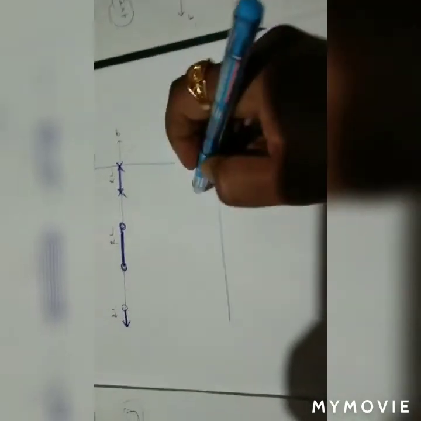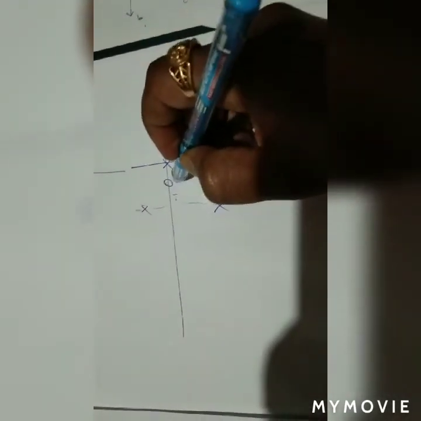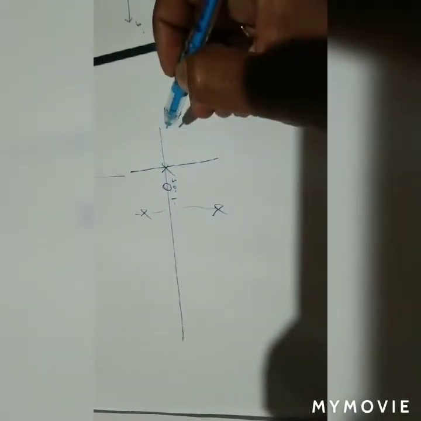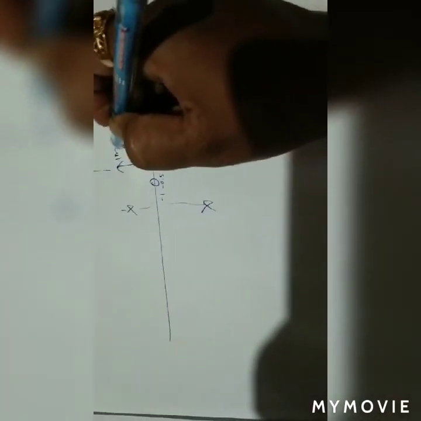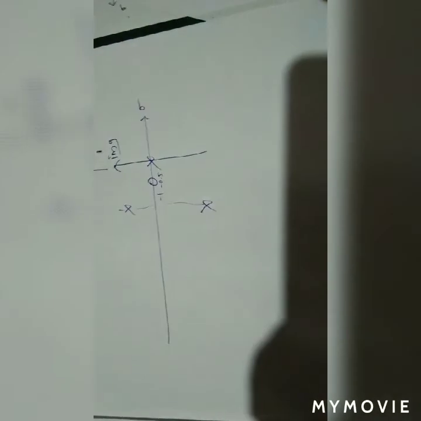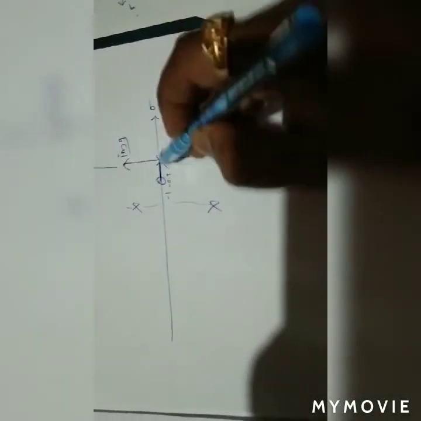Similarly, in our problem, we are having one pole at -1, here one pole, here one pole. So one zero is there at -0.5. From the right hand side, imaginary, this is real. So from the right hand side, this is the first pole, so root locus will exist.